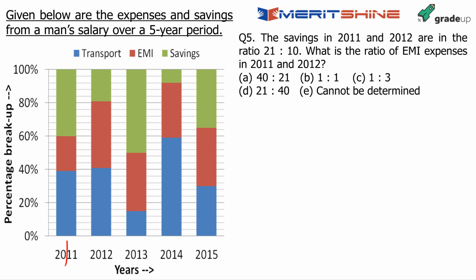We are again talking about 11 and 12. Savings, where are the savings? Savings is this. EMI is this. Again, we'll take it as X and that as Y, though you should not need it ideally. Pankaj, what is your answer? You used my method. You should not get an incorrect answer, otherwise you'll embarrass me if you tell me the wrong one. If you're getting D using my method, then I am happy.